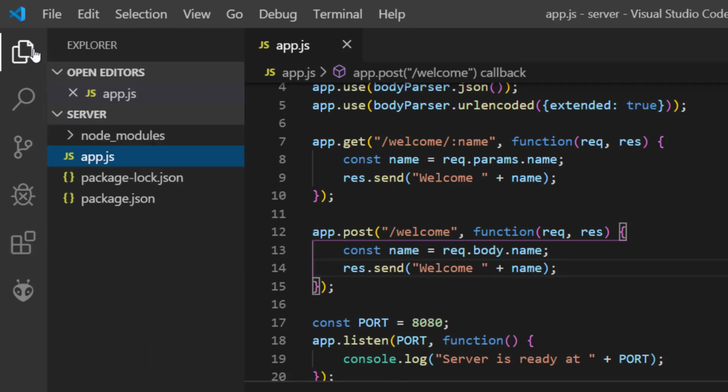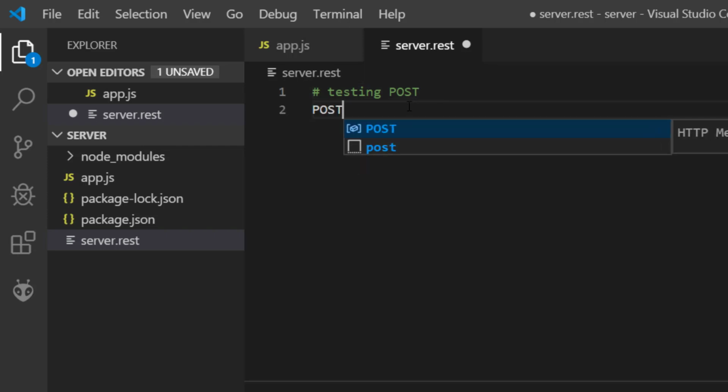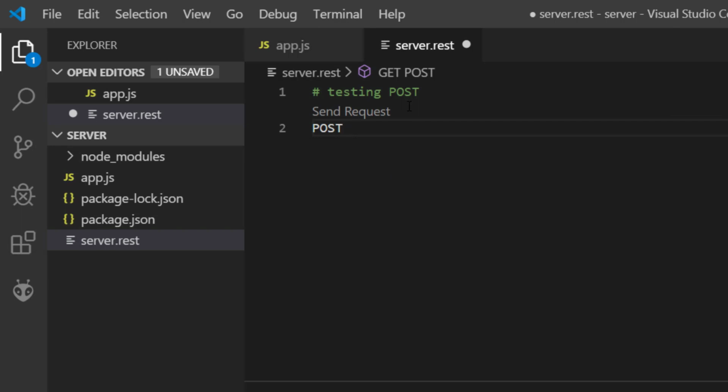We will test it by coming back here, creating a new file, for example a server with the extension .rest. In this server.rest we will place some testing code. Firstly, it could be any comment like "testing post", one post service, and then you just type POST here and provide the URL, which